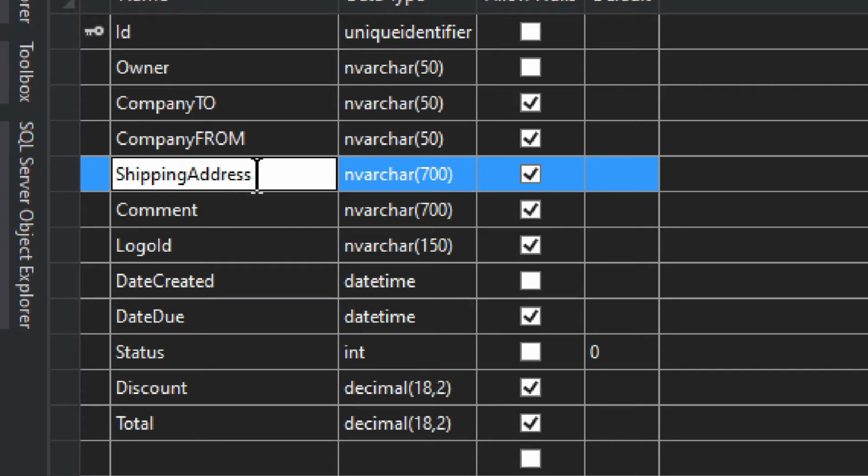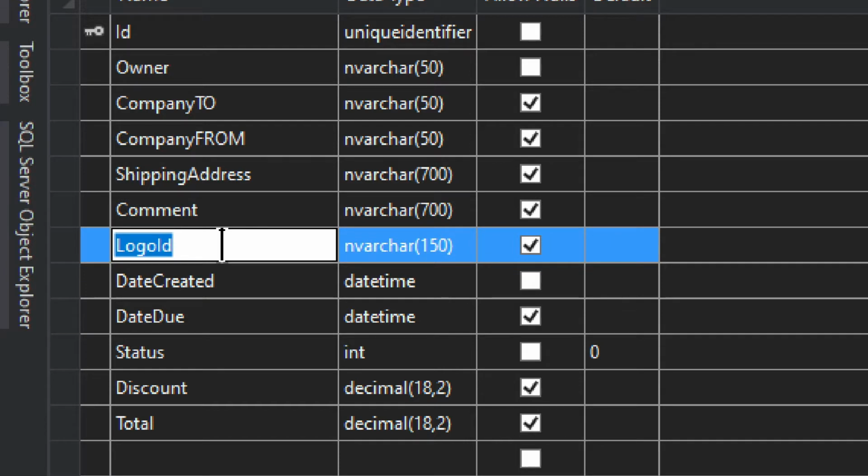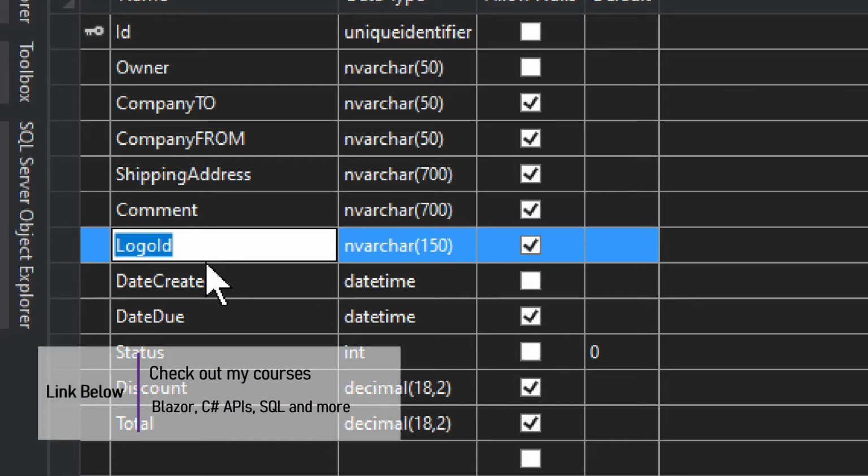Okay, we don't have that feature where you could set company address to shipping address. We just have a separate one for now. And then we have the comment record, which we don't actually use in generating the invoice. Another thing we don't use is the logo ID. Right here we have the logo ID, which we do not use right now, but I just added it right away because I do believe I might actually implement that at some point,